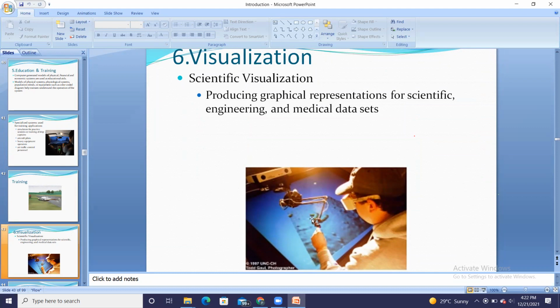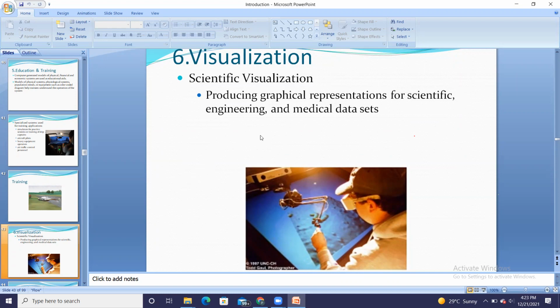Okay, next is visualization. It is nothing but, by considering the input, how to visualize that input. So it can perform different manipulations on the input and see what the end output will be. So that is the visualization. Input will be provided, and depending upon that input, different manipulations, like changing the size and shape, can be applied. It can apply different forces, and we can view the final output, how it will be.